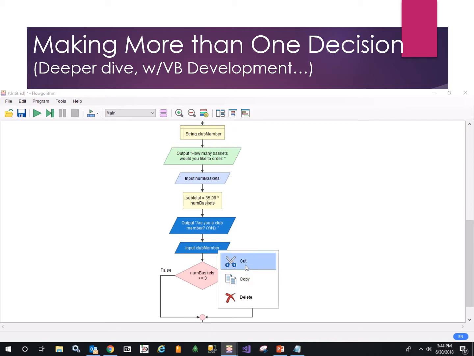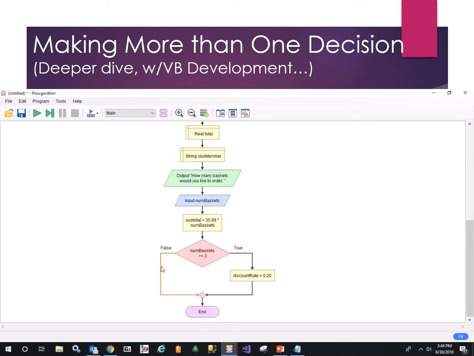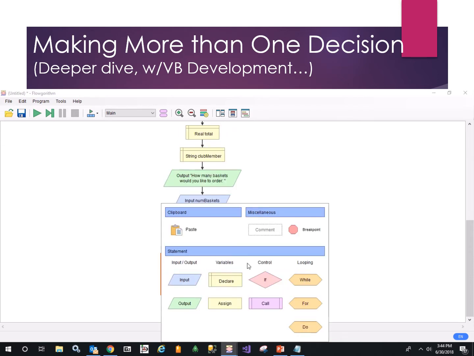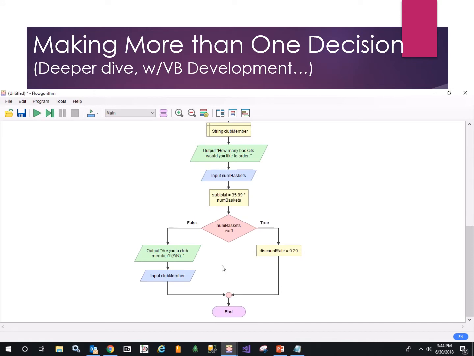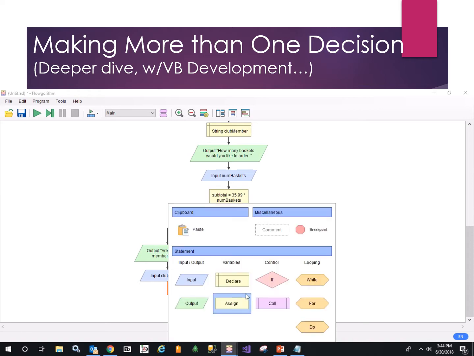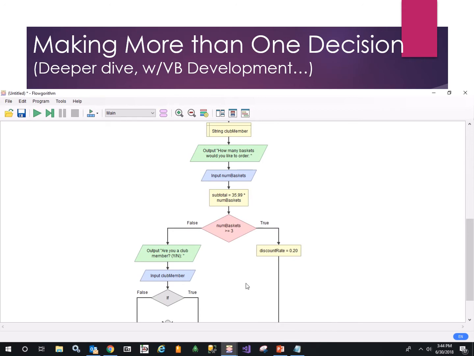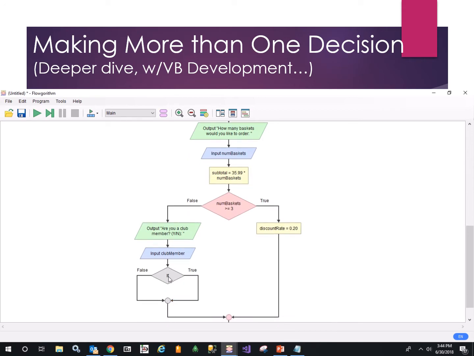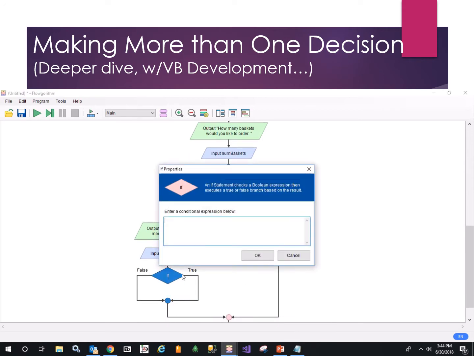Let's make the input more adjacent to the decision. So let's put it down here. Okay, are you a club member? And here's where we can really benefit from that. And this is our nested decision. And it's going to say, okay, if club member